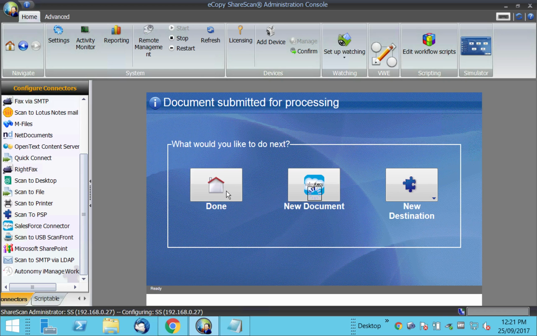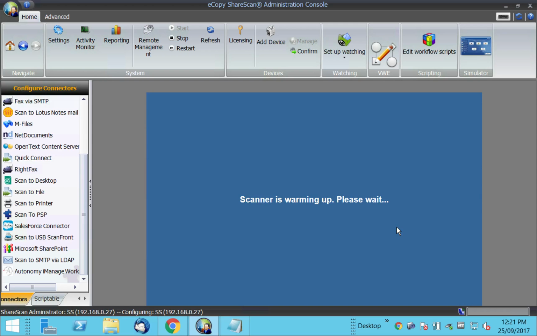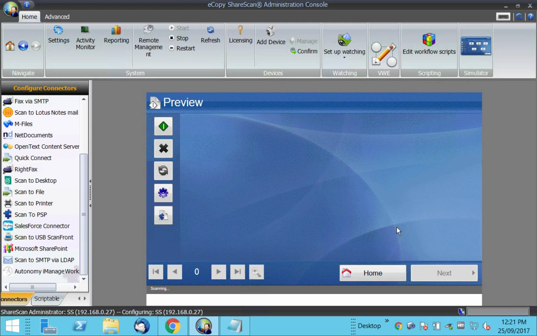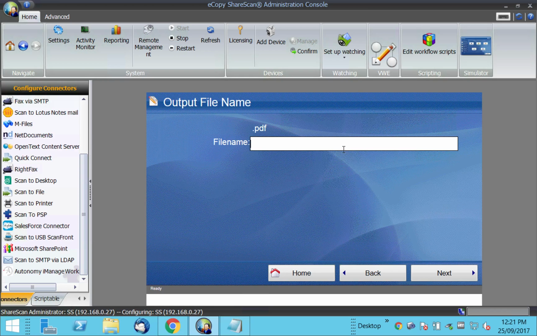So what I did right now is I browsed through Salesforce, went to file, and attached a document to that file in a document library. For that, what I can do is I can also create an individual profile which does not give me those options and takes me straight to files option. So if I choose this profile now, and I can show you the configuration part of it. In the configuration, what I have done for this is I have unselected